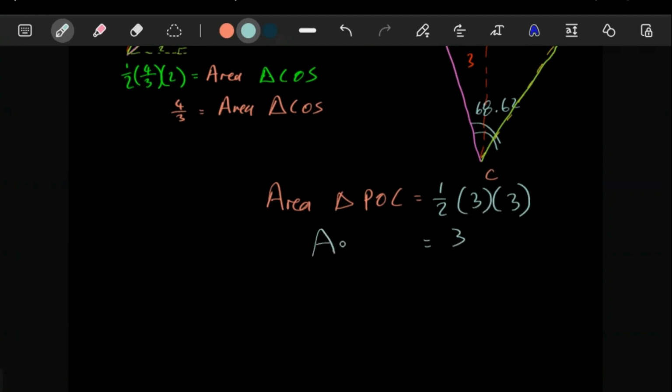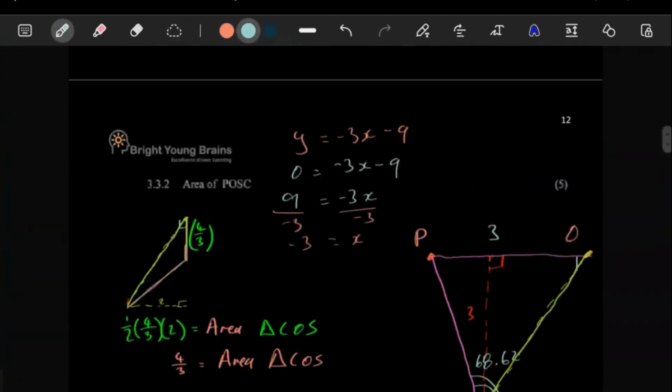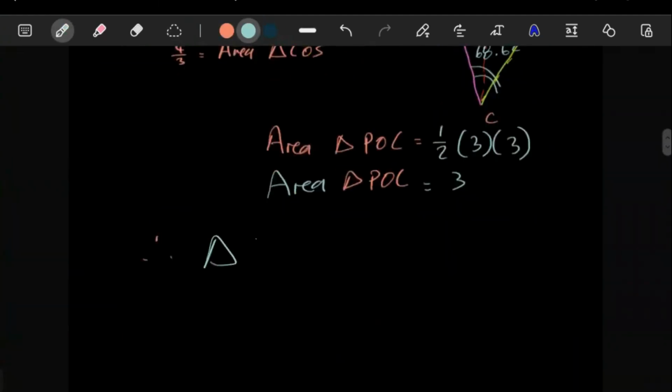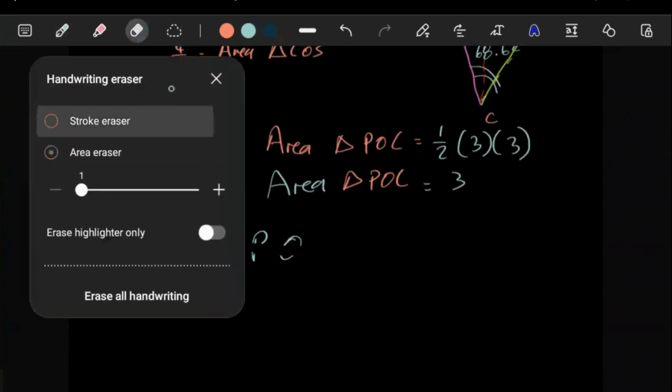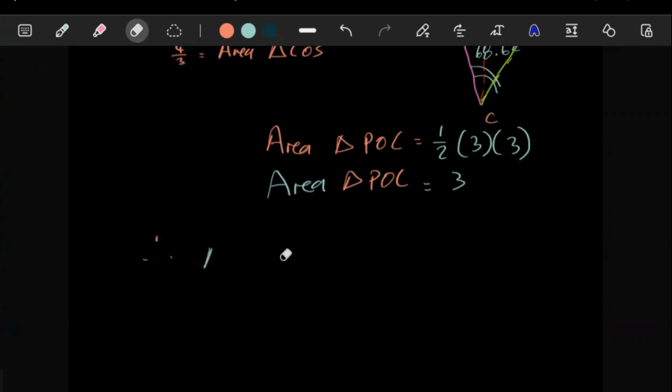That's the area of triangle POC. So obviously we can just combine those two, POC. So therefore, the area of the shape that they're talking about, POS. No, it's not a triangle, bro. Let's write out area. So the area of POS,